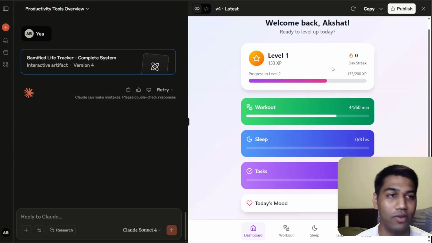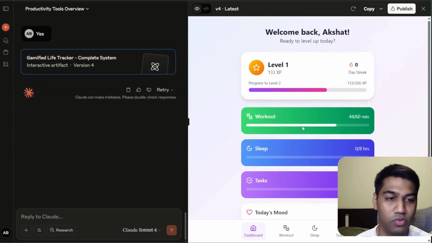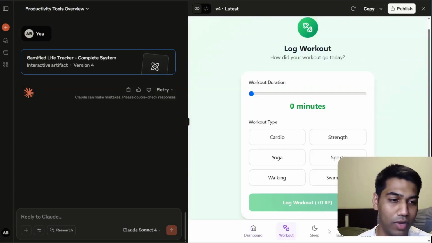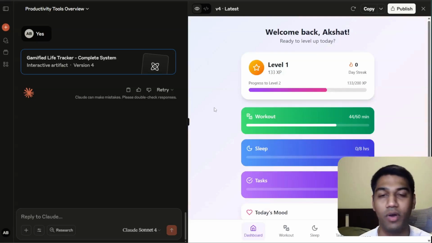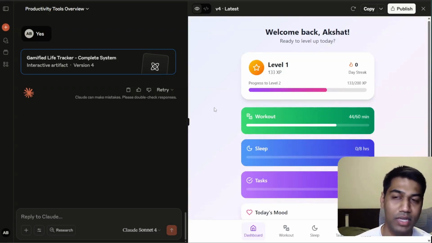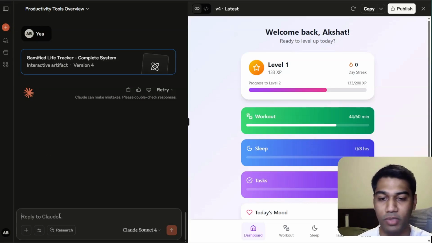And then again, you can keep doing that. So again, super interesting, super cool way to just do stuff around Claude. And then you can see again, it has pretty interesting stuff. Now again, can you build a complete application like this? 110%. Can you do more stuff with this? Yes. But let's try one more thing.